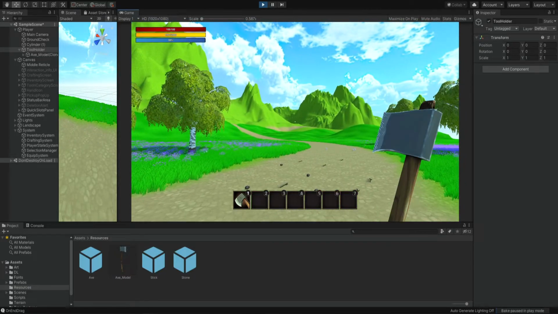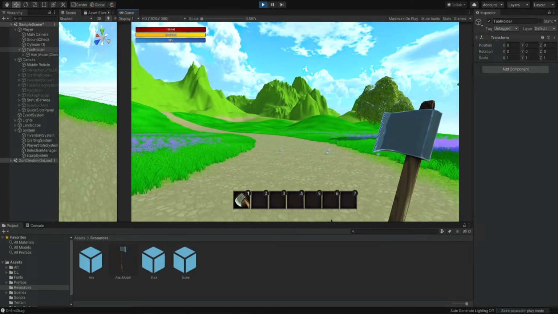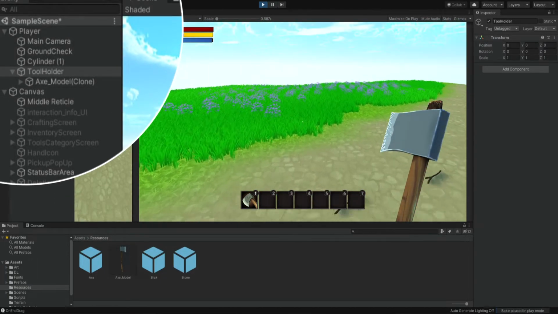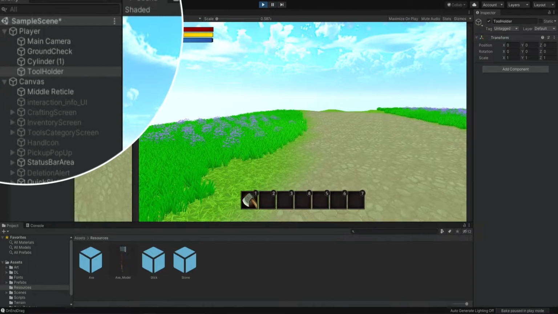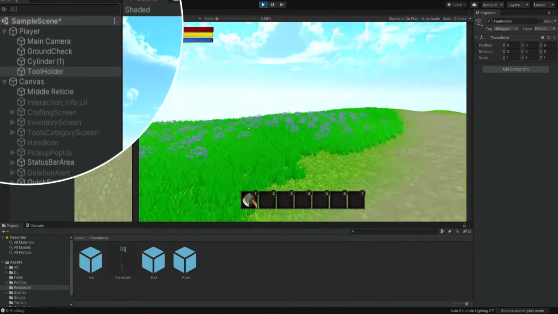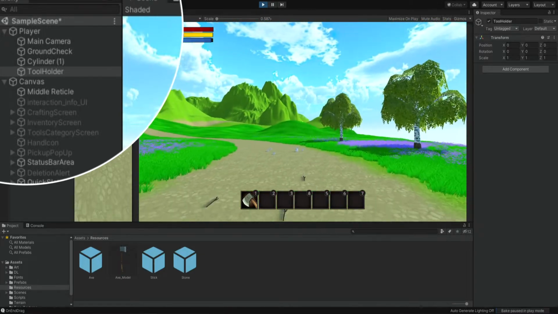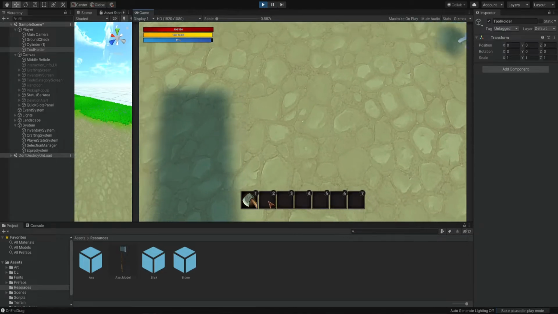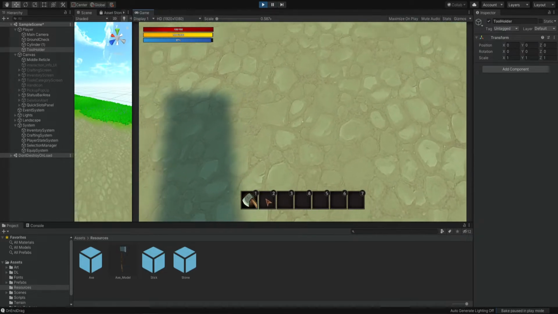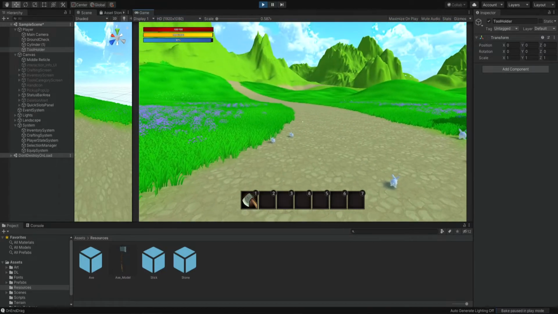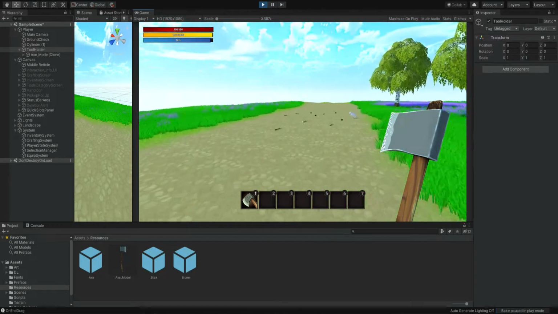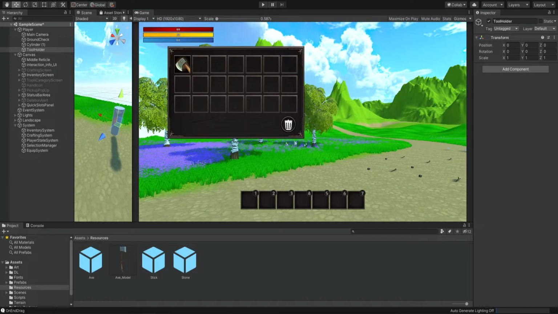So we press on 1, and now we have our axe in our hand. We can see that we only have one copy of this axe. And now if I press on 1 again, it will simply destroy this item, and we're not going to have the axe in our hand. Okay, so if we had another tool over here, we could also select the other tool, and then it would just destroy this tool. And then when we press on 1 again, it simply creates it again. So that's nice.